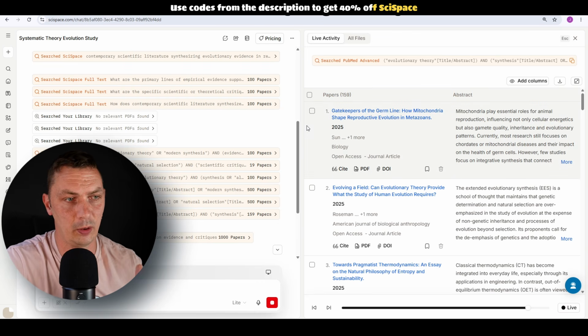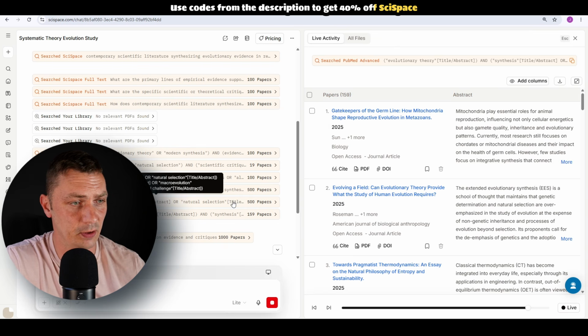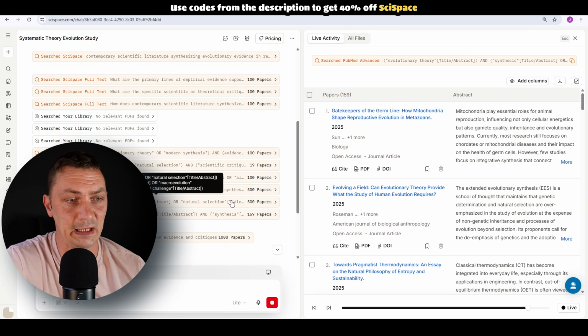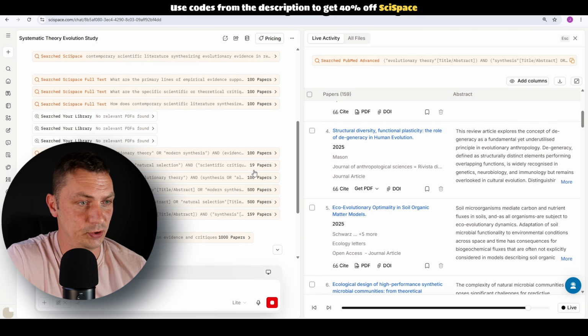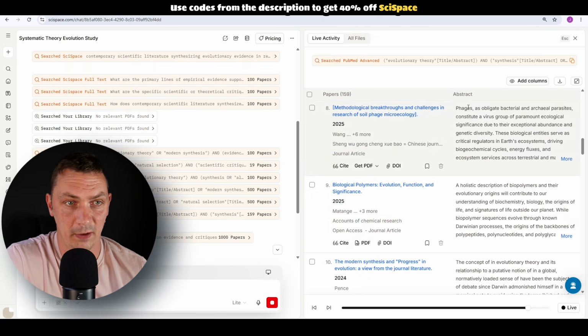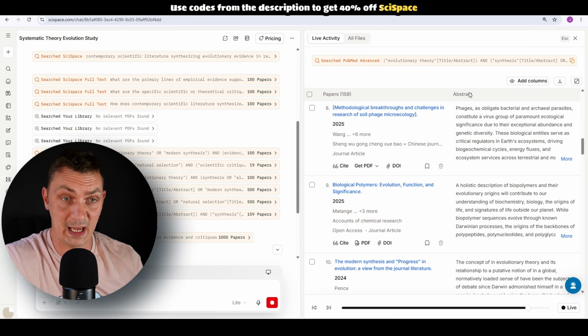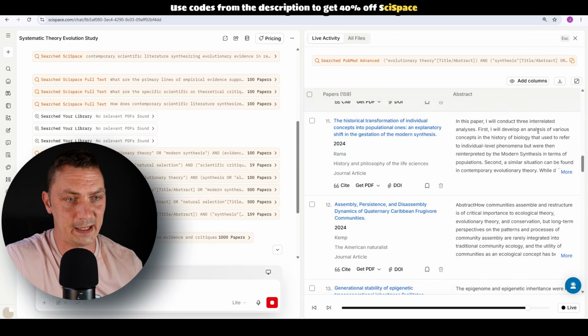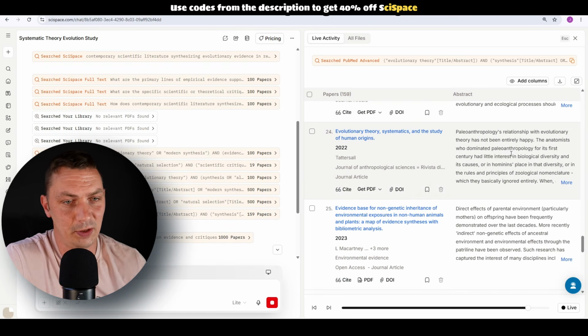But if you want to go into the nitty-gritty of what's happening, you can see I just clicked on one of these things. I don't even know what it means. It's one of the databases that is searching. And just like that, it just gives me a table full of articles. Each one provides an abstract. Each one you can interact with, each one you can open, you can ask. So you can also go into each one of them.